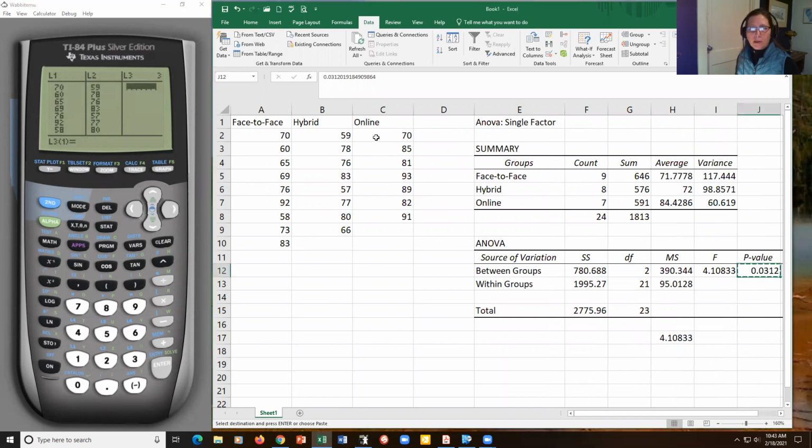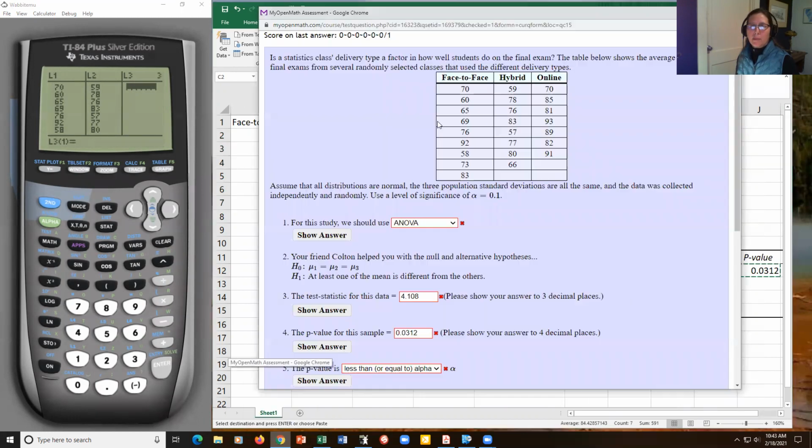So I can actually copy from Excel. It doesn't work well from other systems. So if I tried to copy directly from the problem in here, it probably wouldn't copy over nicely. So if you copy this to Excel or Google Sheets and then copy that over to your calculator, it works